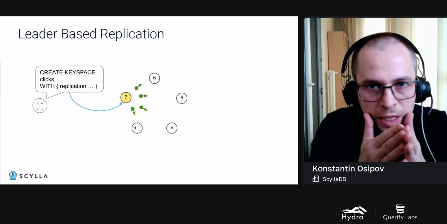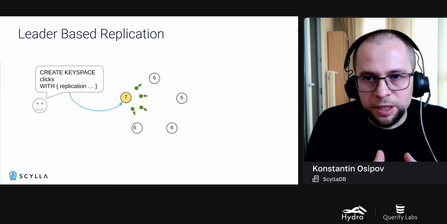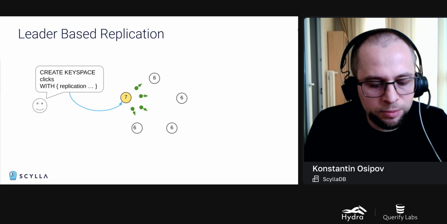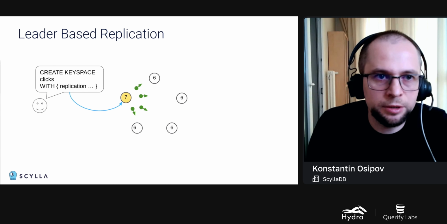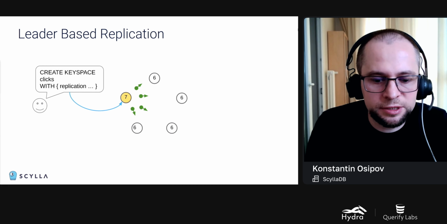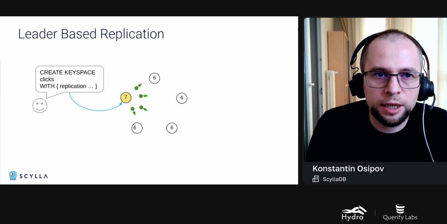So I mentioned that Raft is leader-based. What does it mean? It means that there are 2 modes of operation. First is a normal mode, when the leader is responsible for committing all entries to the cluster. And then there is this disaster recovery mode when the leader is dead and we need to